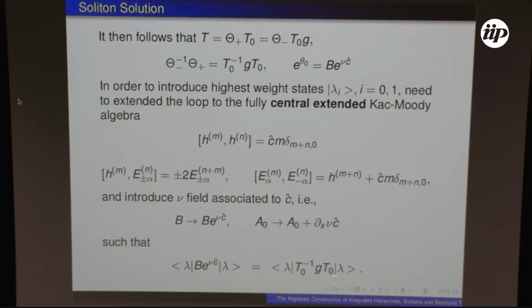And then if you take the scalar product, you see that this normal ordered equation becomes this simple equation here. And this simple equation is very interesting because if you think a little bit, B contains the phi field, the field that appears in the equations of motion. On the other hand, this part here, T0, contains space-time explicitly. So you have an equality between a field and a functional of space-time. And this is what we call a solution of the equation.